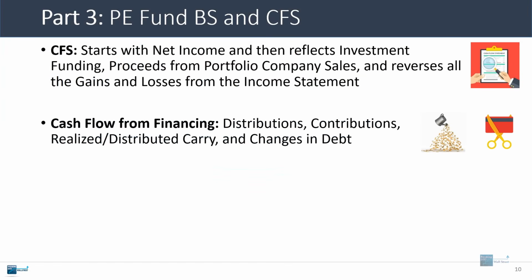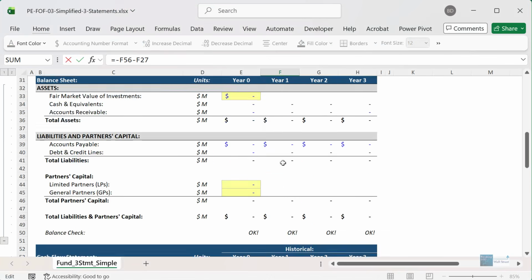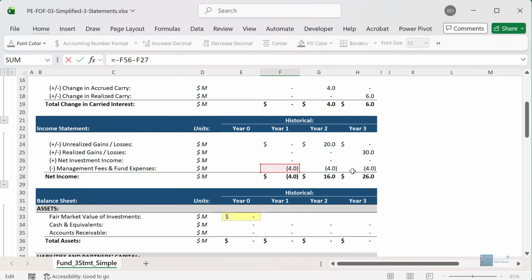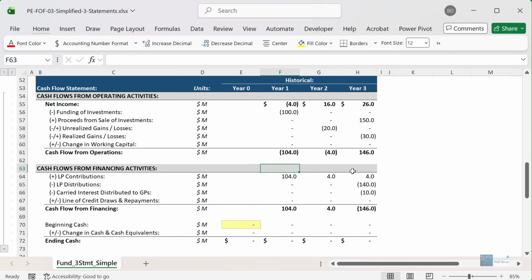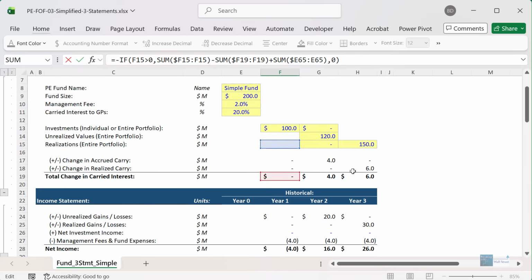Now, I said that cash flow from financing shows distributions, contributions, realized or distributed carry, and the changes in debt. And you can see all those line items right here. The contributions are based on what we need for funding investments and also for funding management fees and fund expenses. The distributions are a little bit complicated to explain, but essentially what we're doing is taking the realizations and then